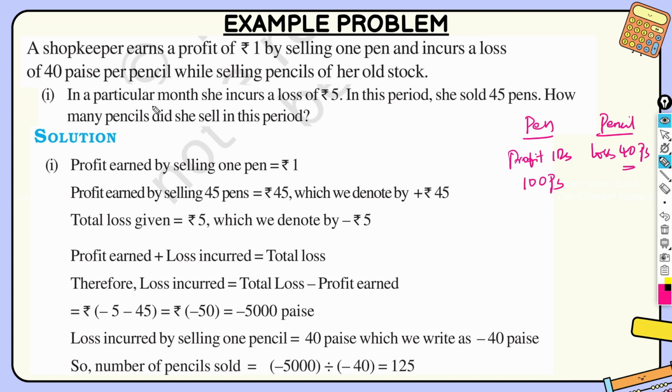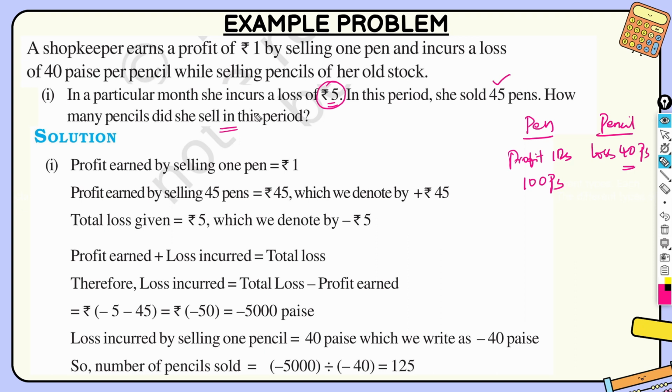Now in a particular month, the shopkeeper has a loss of rupees 5. In this period, she sold 45 pens. So how many pencils did she sell? In that month, the shopkeeper had a loss of rupees 5, whereas in the same month she sold 45 pens. So for 45 pens she would have got some profit, but she also sold some pencils where she incurred losses. So now we have to find how many pencils she sold in that period so that she got